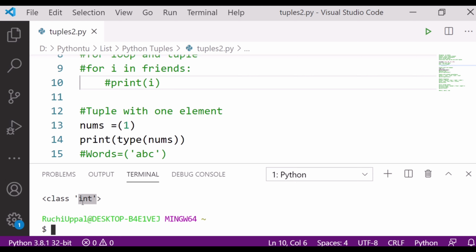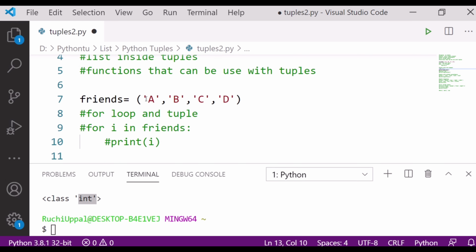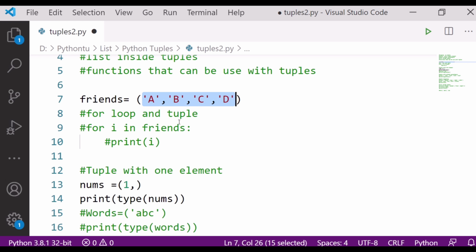You know how to create a tuple now? When you write a comma along with this number, then it becomes a tuple. You can see I have written all the elements separated by commas. So if you write only one element here, it will consider it as an integer.